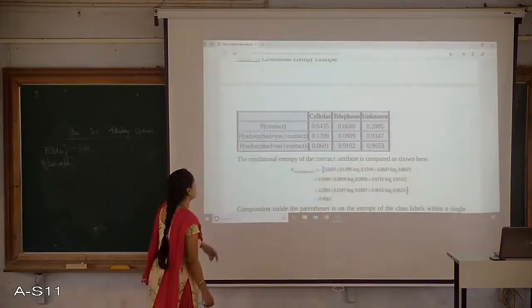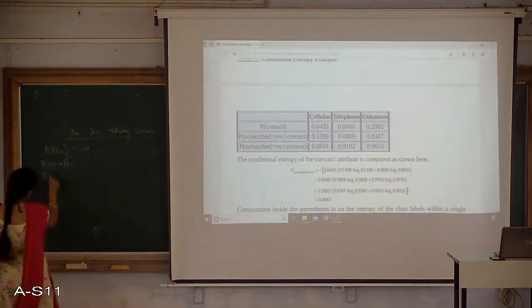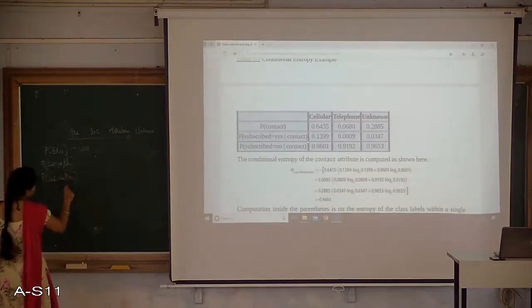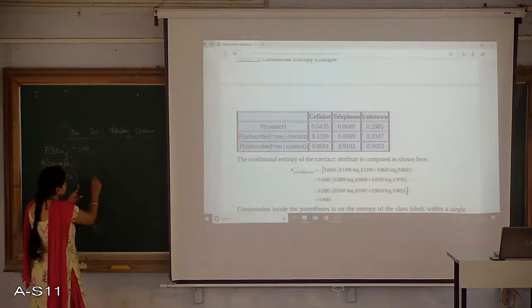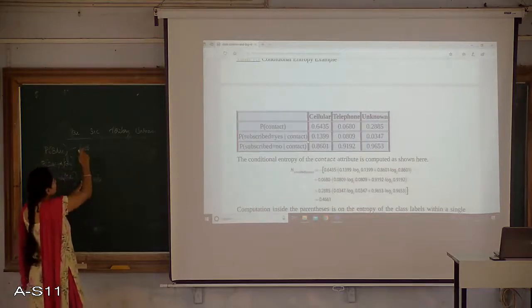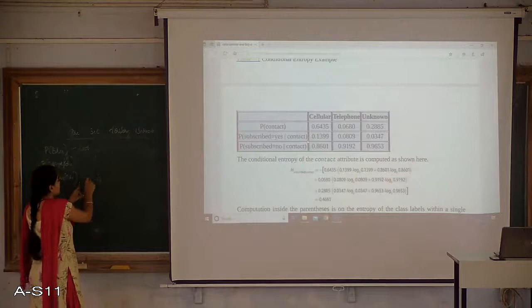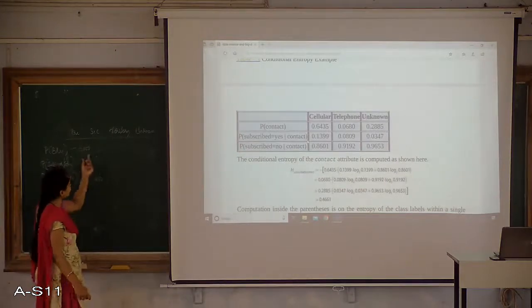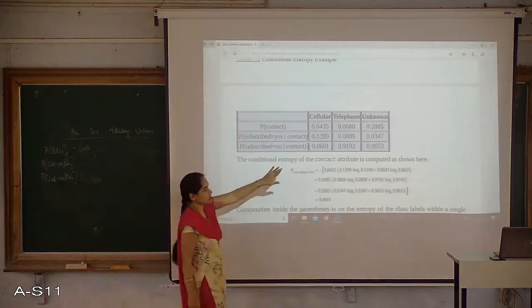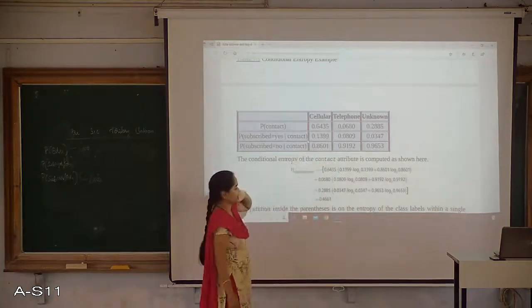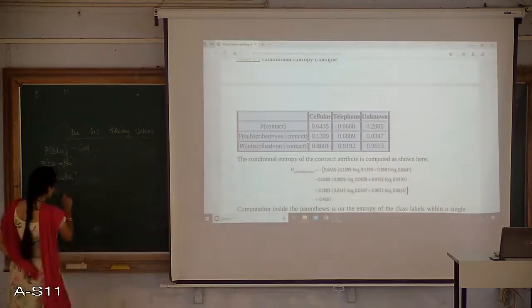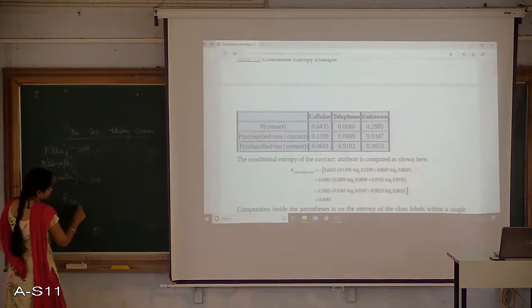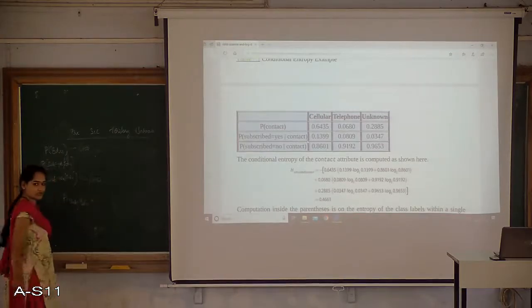Similarly, the probability of subscribe equal to no when the education is primary, for the conditional entropy based on the education. Out of these 2000 entries, how many are no in the case of primary? So I am going to get some figure. This is the probability I am going to get for all these values, as I calculated here for the contact. Then I am going to get the entropy of subscribe based on education.